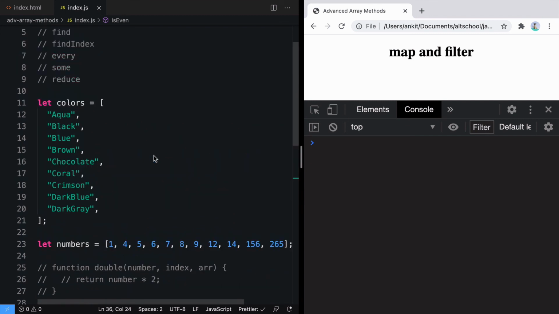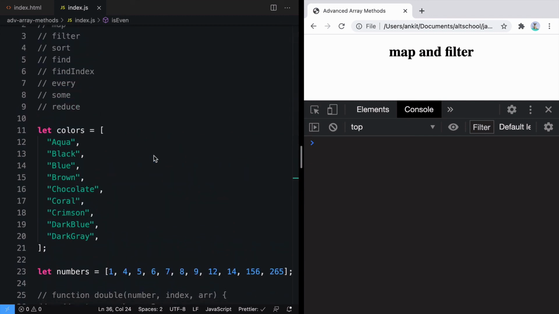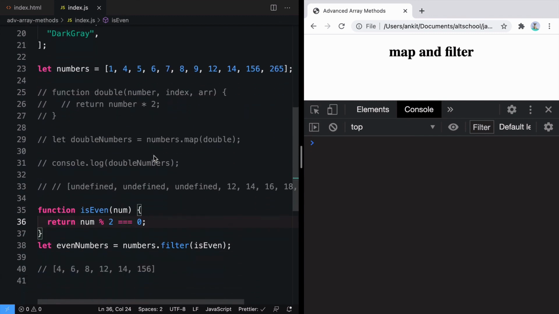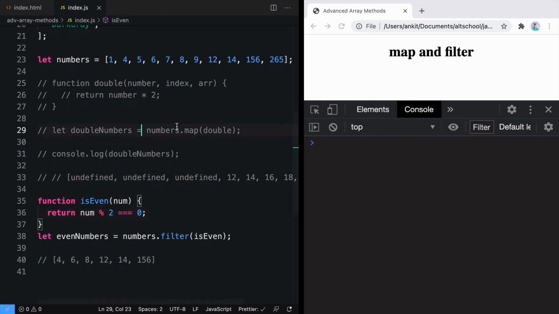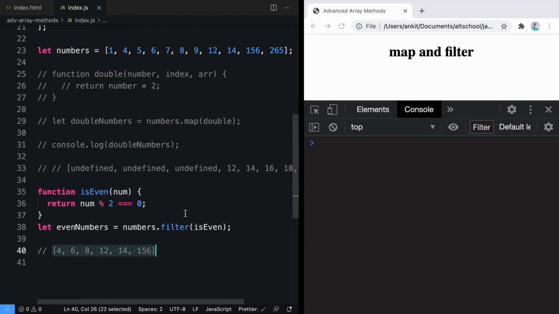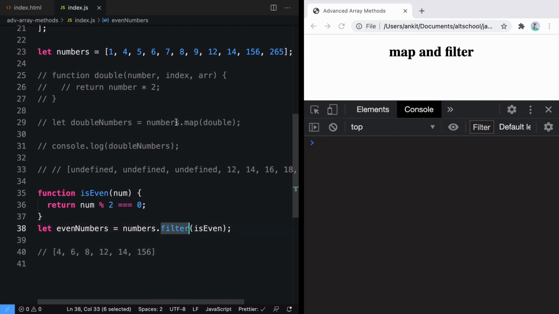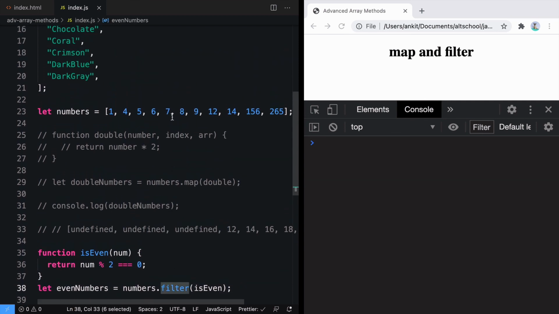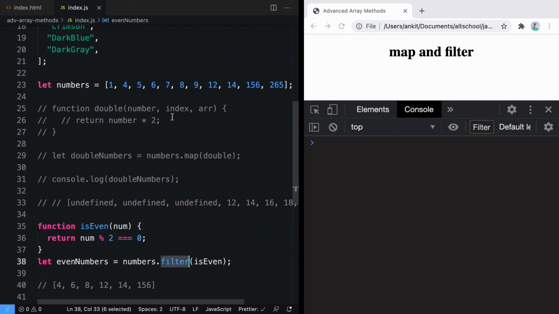Just to recap, in the previous video we learned about forEach, and the forEach method doesn't return anything. Map always returns the same size of array, and filter always returns a smaller or same size of array. Why smaller? Because whenever a false or falsy value is returned from the callback function, it will not get stored in the array. And one important thing to notice is that map and filter always return a new array. When I say new array, it creates a new array and returns that.